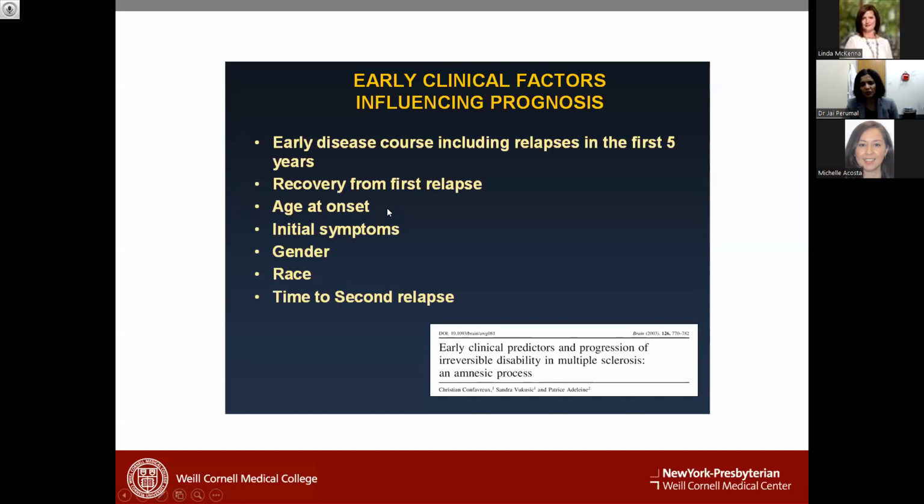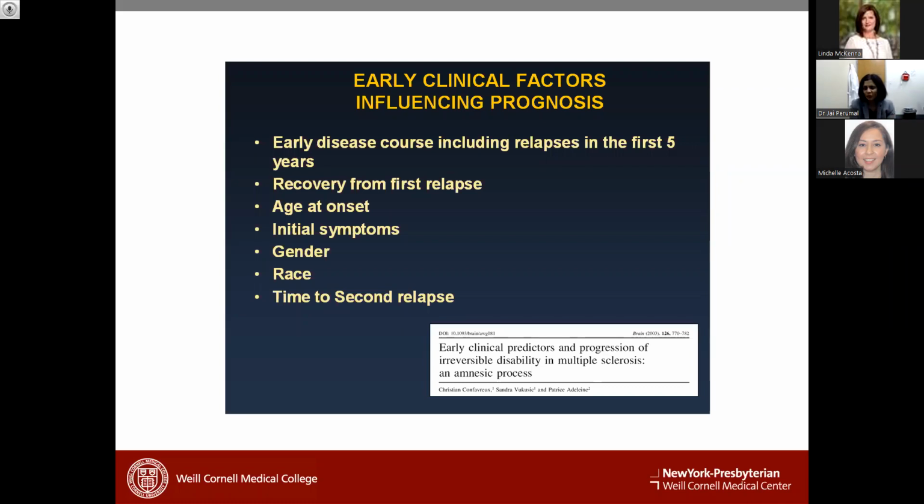Age at onset, for a relapsing patient, it may not be so relevant, but since it's the older patients that get diagnosed with progressive MS, older patients are often believed to have a worse prognosis because they're starting out with problems with gait. Initial symptoms, I mentioned, patients who end up having brainstem or spinal cord symptoms and lesions there, again, tend to repeat that pattern. And you cannot compensate that well versus supratentorial lesions, which you can compensate well. So they need to be treated more aggressively.